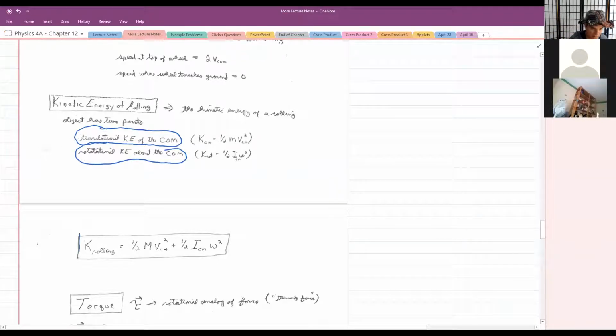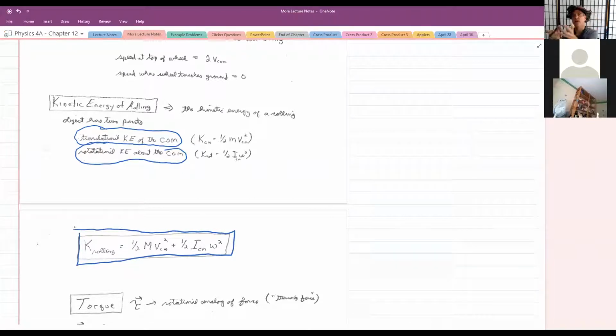And so now, whenever we're dealing with energy of a rolling object, you're going to look at two different forms. There's a 1/2 mv squared just because the center of mass of the object is moving. There's a 1/2 I omega squared because it's rotating. And so our kinetic energy of rolling, for any rolling object, is,